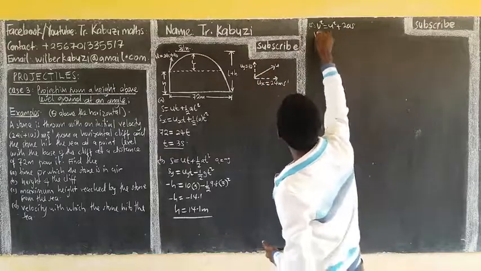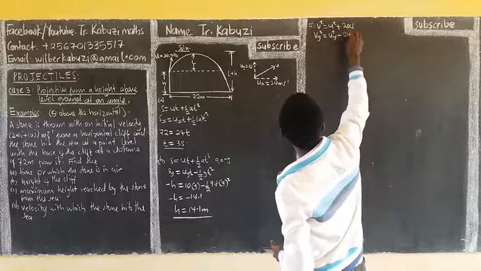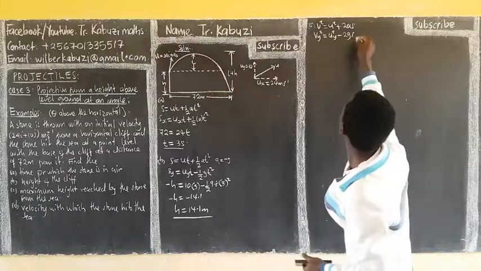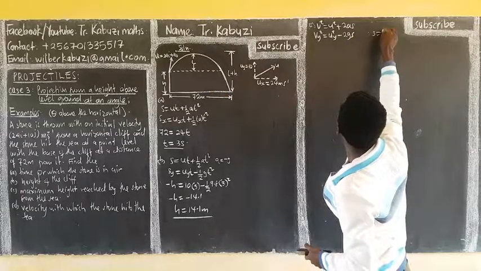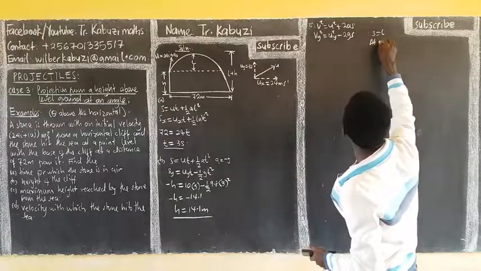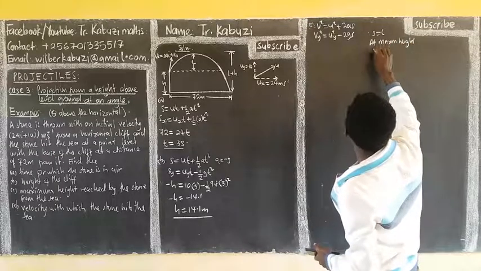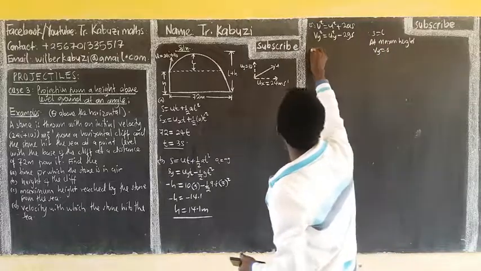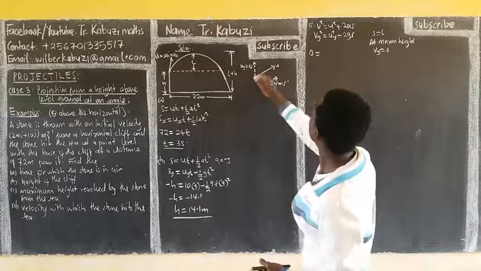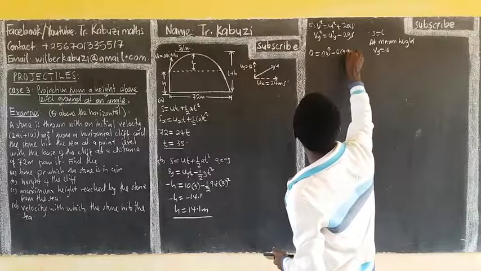So Vy squared will be equal to Uy squared, then minus 2gS. Now my S is going to be L. Put in here, but you know at maximum height, our Vy is 0. So here we have 0 equals Uy squared, which is 10 squared, then minus 2 into 9.8, then